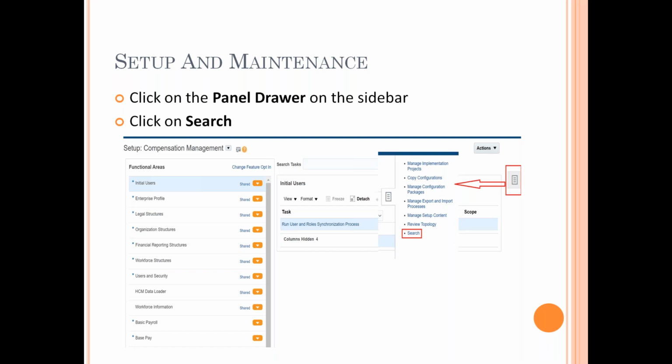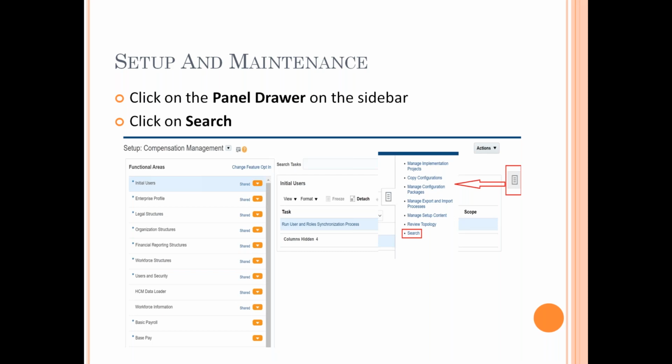Now again, like we were discussing in the previous session, Anu, you can perform all the actions from search, but for some actions you need a context. In this case, we will typically need the context of the ledgers. So when you need the context, you may go and search for the task here and then perform it, or you can go to the implementation project and perform a particular task by selecting the context.